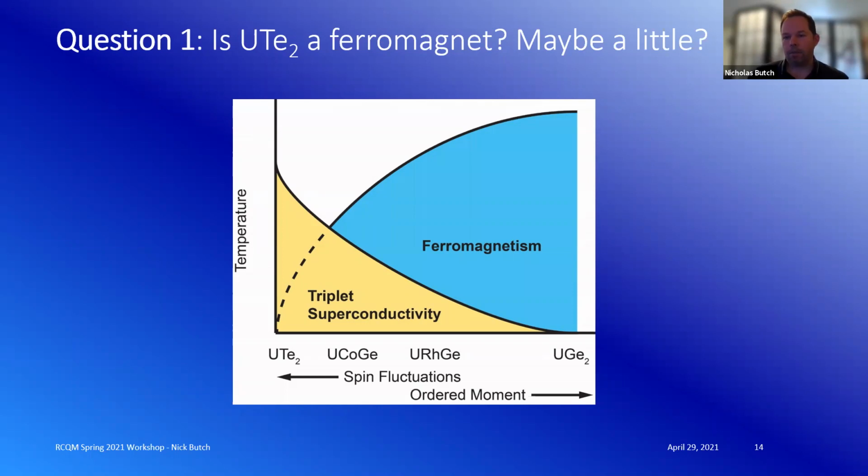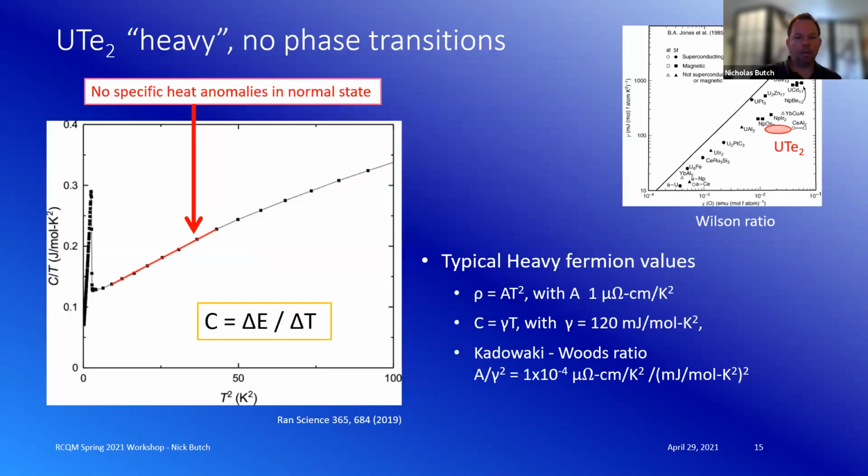This is completely conceptual, with only the temperature axis having some kind of qualitative meaning. But the idea would be that UTe2, because of everything here, maybe it should be a ferromagnet, but it's not. But it has the highest transition temperature among these types of superconductors. Okay, so let's expand on that a little bit. UTe2 is a heavy fermion. I told you the resistivity looks like it's a heavy fermion.